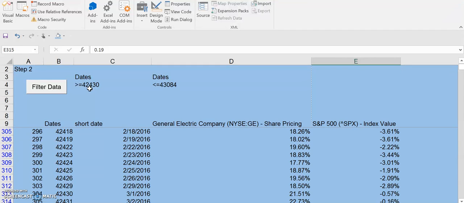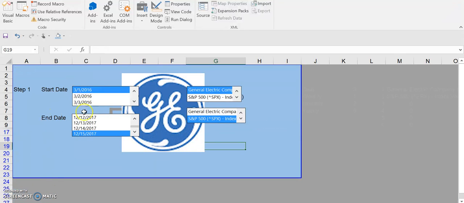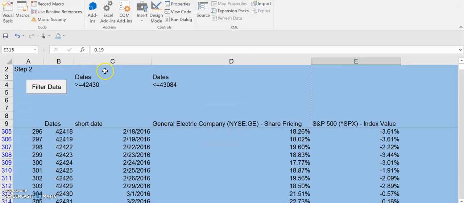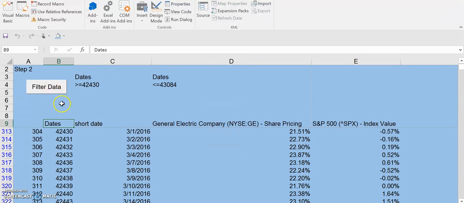So basically what this does is it looks at the data from the raw data tab, which is hidden over here. But it takes the data between the dates that I've chosen over here. And so I'm going to filter it, and you'll see in a click of a button. So this is a button from here, form control. In a click of a button, this is assigned a macro, and you saw how fast it was to get the data from March 1st, 2016 to